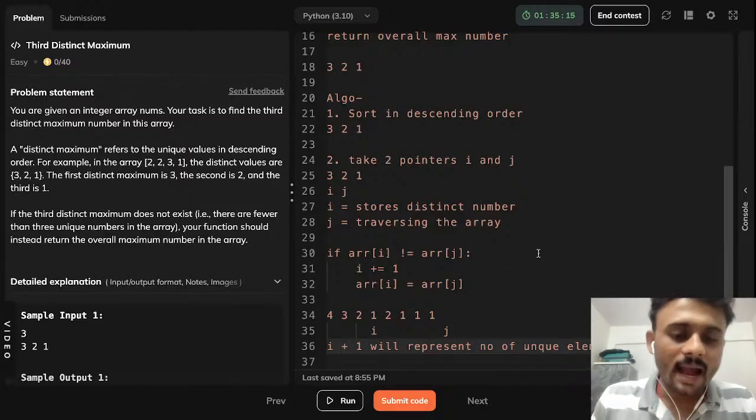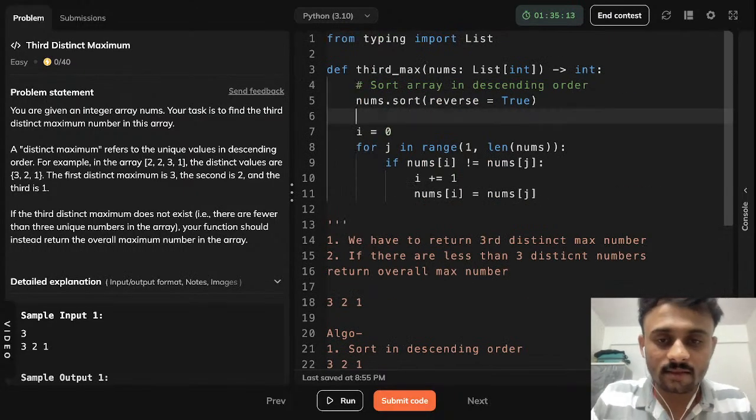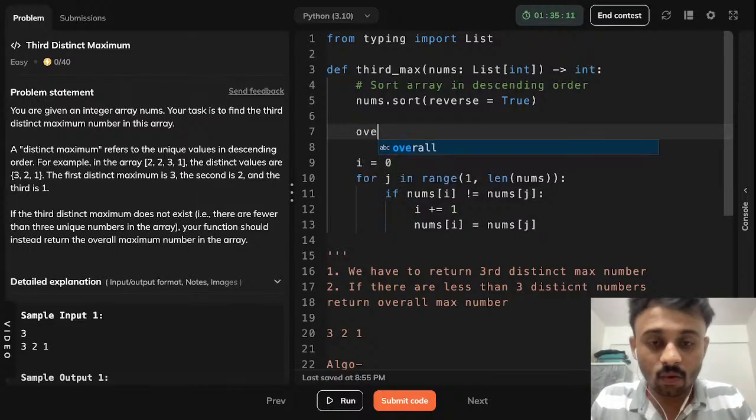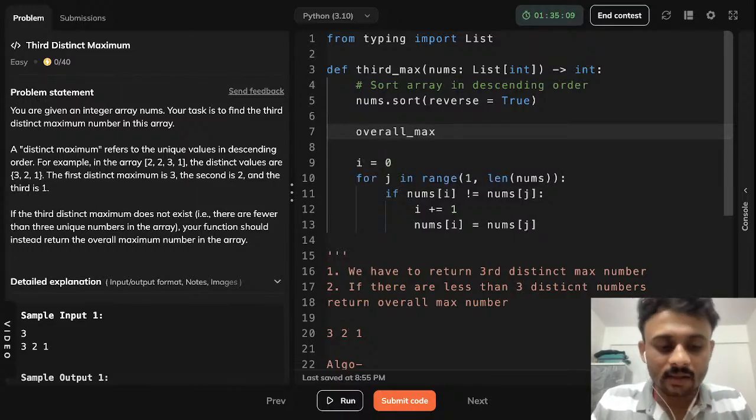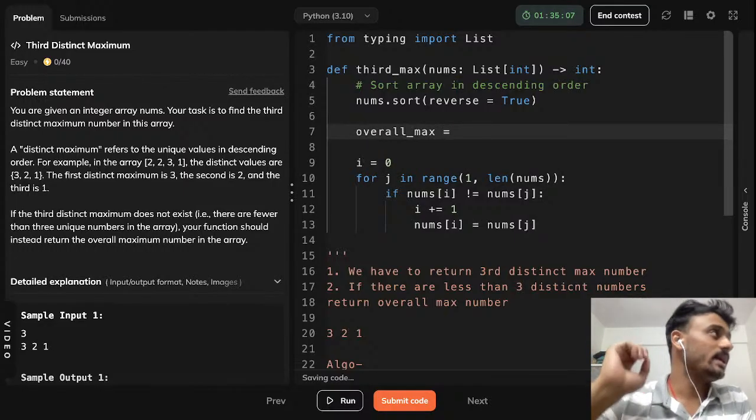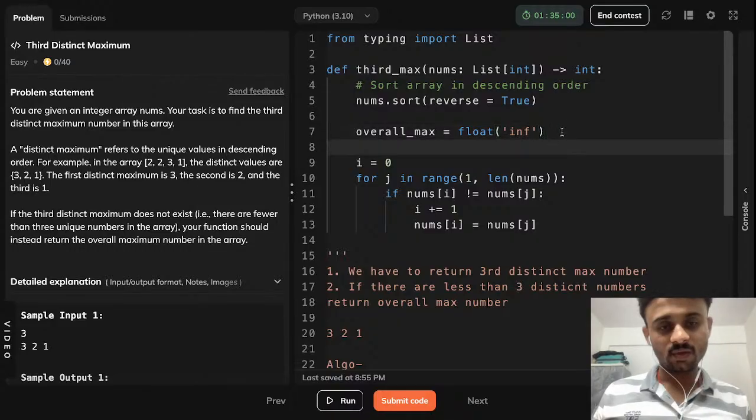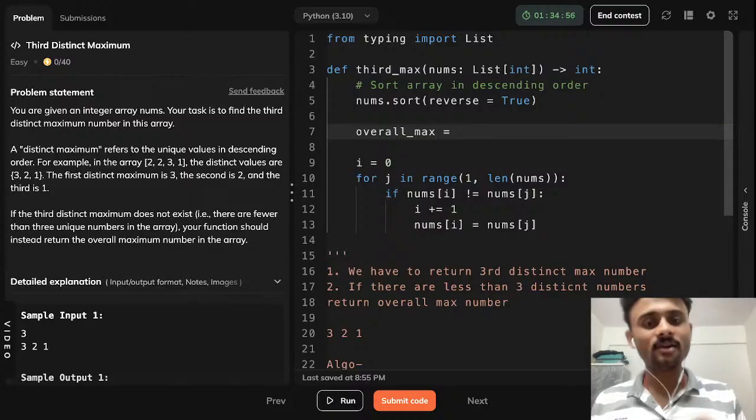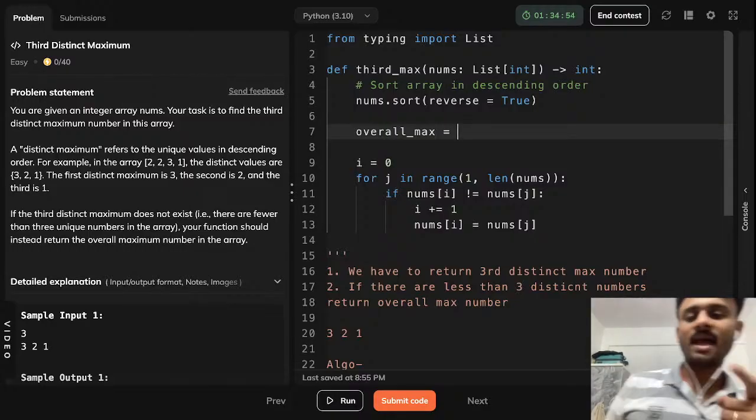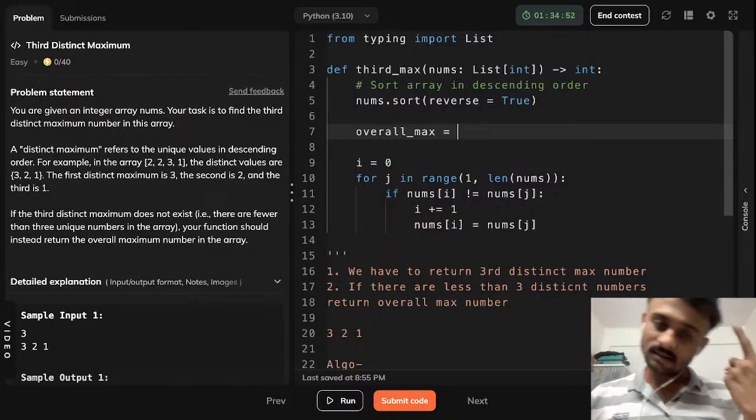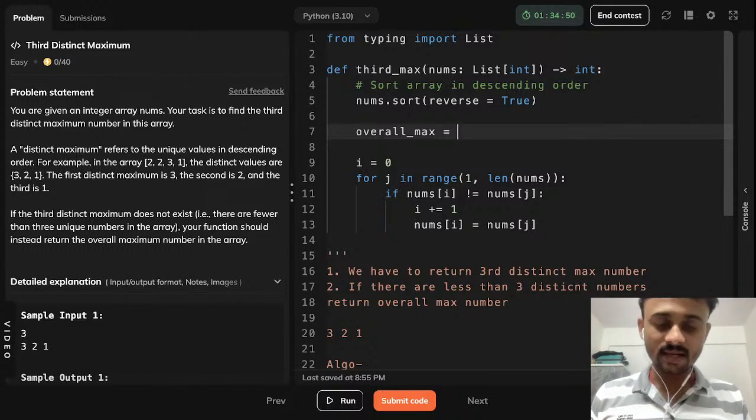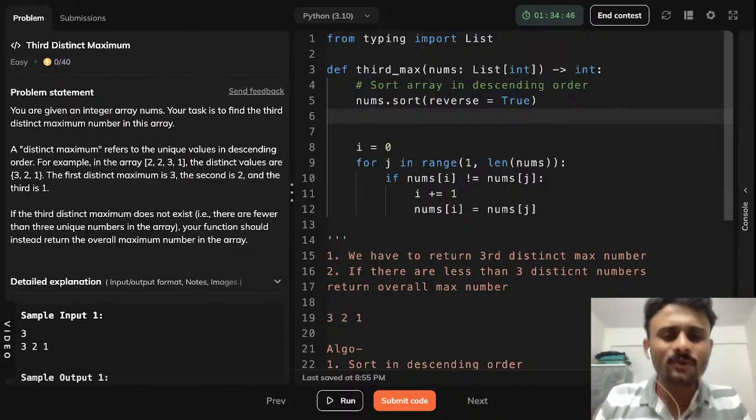Okay. So I'll have to take 2 max. The first one is overall max, that will be the minimum element, so float minus infinity. Or I can take the first element because I already sorted in descending order. So I'll take overall max, and that will be our first element. Simple as that. Okay. So I don't have to take, actually,